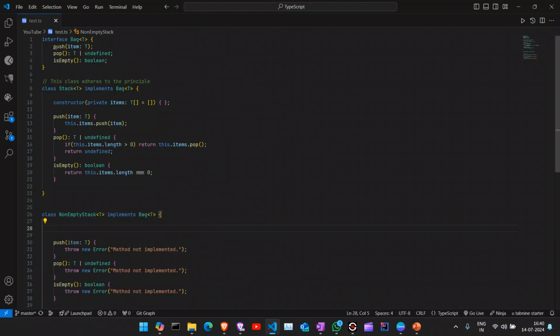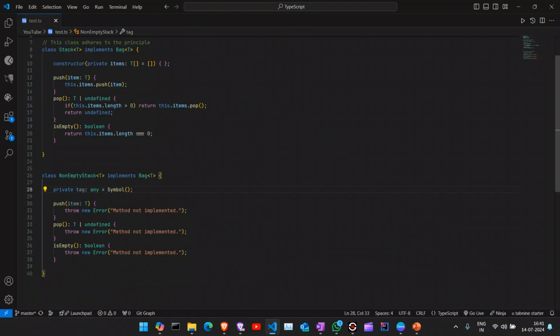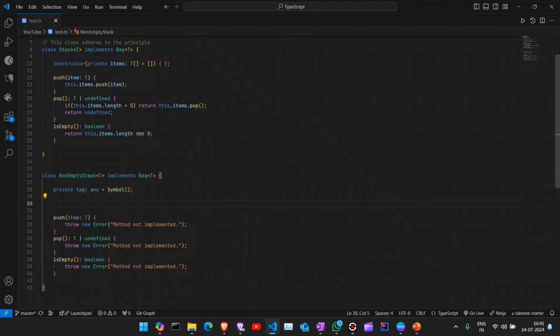So what I will do is I will create a private tag, let's say any, symbol. This will create a new symbol actually. I will have a constructor